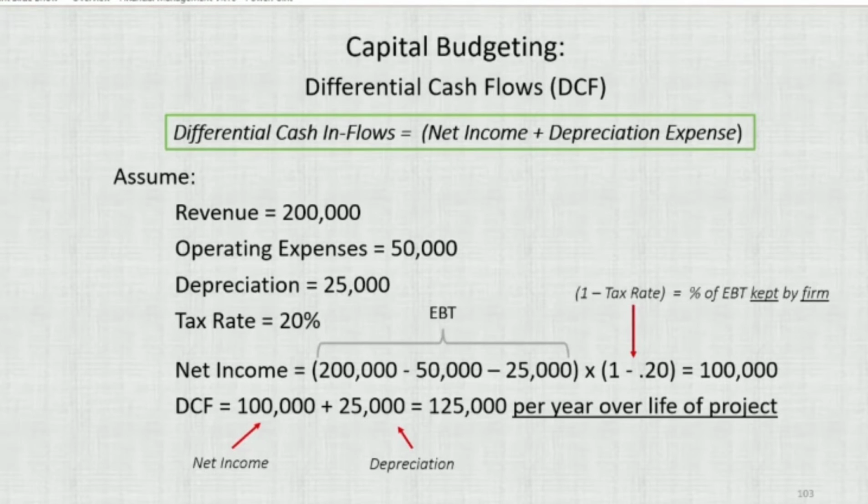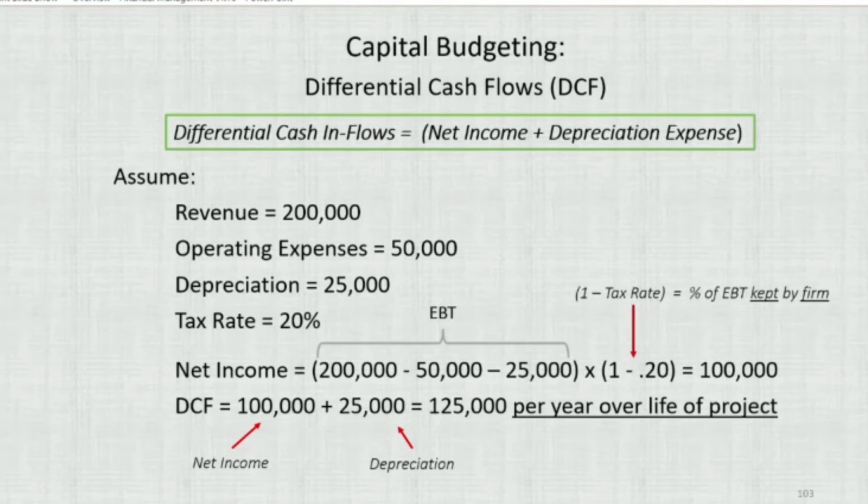So we're going to have revenue of $200,000, subtract our two expenses, operating expenses of $50,000 and depreciation of $25,000, and we get earnings before taxes. Then we need to deduct taxes to get net income. Well, you can either multiply by 1 minus the tax rate. That's the proportion of earnings before taxes the firm gets to keep. They get net income of $100,000. Of course, the other way is you can multiply the earnings before taxes by 20% to get the dollar amount of taxes, and then subtract that from earnings before taxes to get net income. Either way, you end up with net